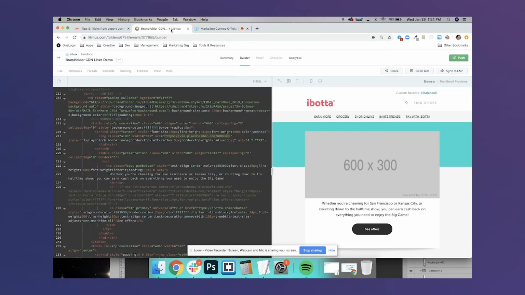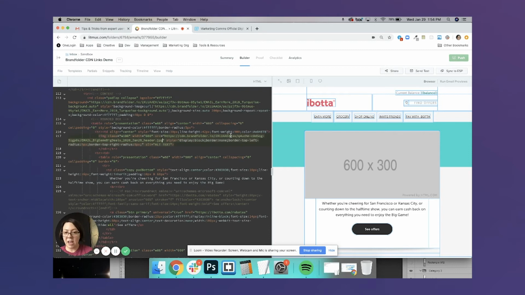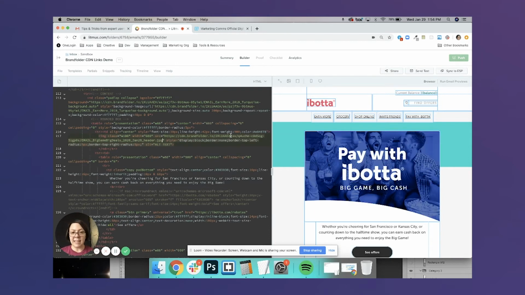And then I'm going to go back to my template and find the image source attribute right here in my HTML code. Currently, I have a placeholder link there, so I'm just going to highlight that and overwrite it with the CDN link from my clipboard by hitting Command V or Control V, depending on whether you're using an Apple or a PC. So you can see I pasted that in, and my image is now showing up in the